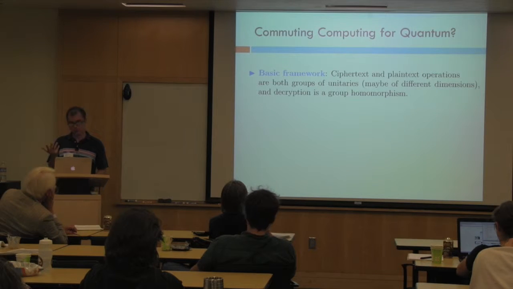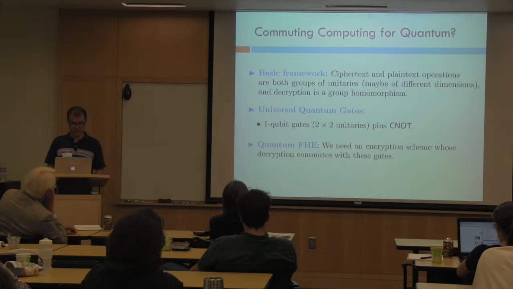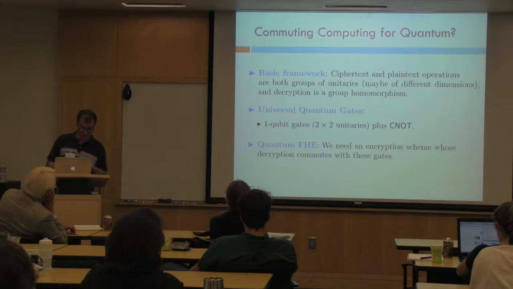That is, can you find some way to construct some quantum encryption scheme, whatever that means, where the decryption operation in this scheme somehow commutes with all these basic 1 and 2 qubit operations. And Stacy will describe something that gets us maybe halfway there. And there's this pesky T gate, which is just a problematic gate. Well, she'll describe that tomorrow. So I just wanted to warm you up for that.